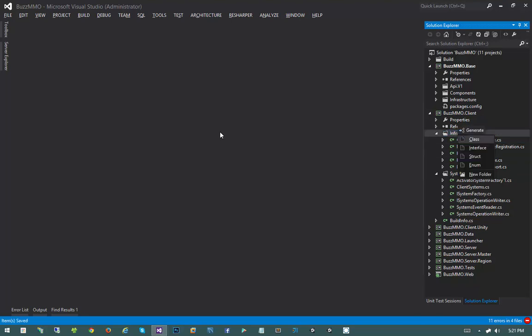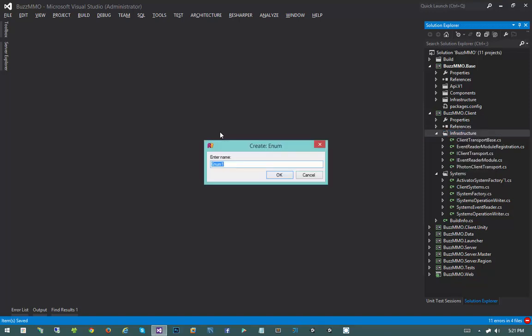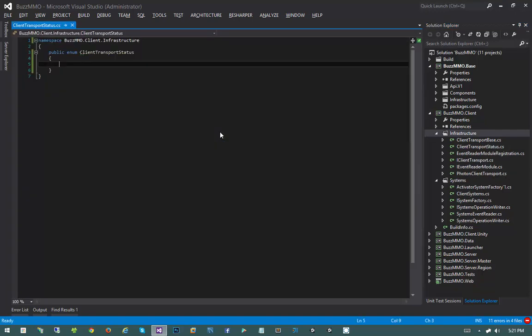So the two types I want to throw in: one's going to be an interface, and let's do the enum first, because the interface is going to need the enum. The enum I want to add is ClientTransportStatus, to keep the verbiage similar. The two members I want on this enum are Connected and Disconnected. Yes, I could use a Boolean, or I could just use an enum; it doesn't really matter. We could also make the backing type of this enum a byte. It's pretty irrelevant, but we'll save 3 bytes by doing that,